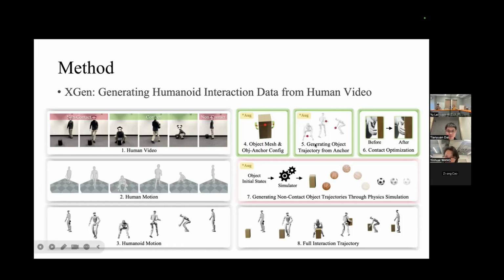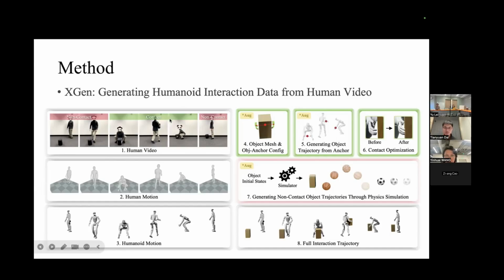After that, we can get naive humanoid-object interaction data. But the contact status may be imperfect, so we need to optimize the contact. Steps 4, 5, 6 are all about the contact stages.